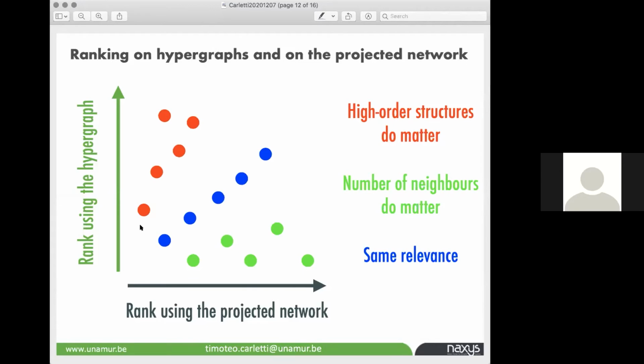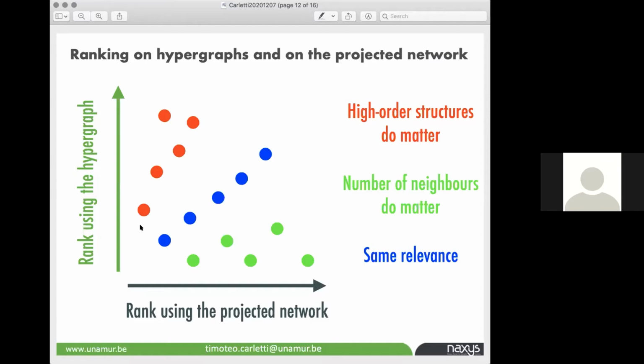These are nodes that are better ranked with respect to the horizontal line, that is the standard random walk process. These nodes are the ones that have larger degrees, but smaller hyperedge sizes. And then there are the blue ones, which are intermediate, so they can be in some sense in both. So it is important, once you have a database, to choose the good approach to rank nodes if you're interested in ranking, but I'll show you there are some other interesting approaches also.